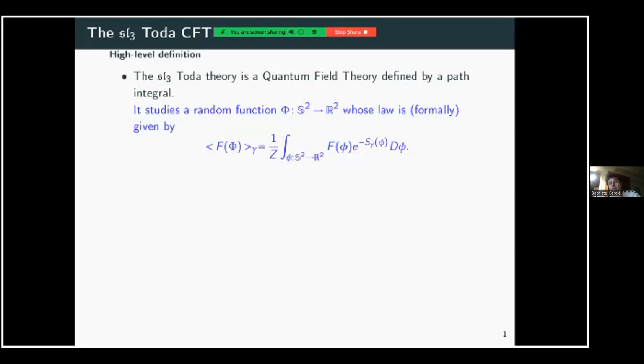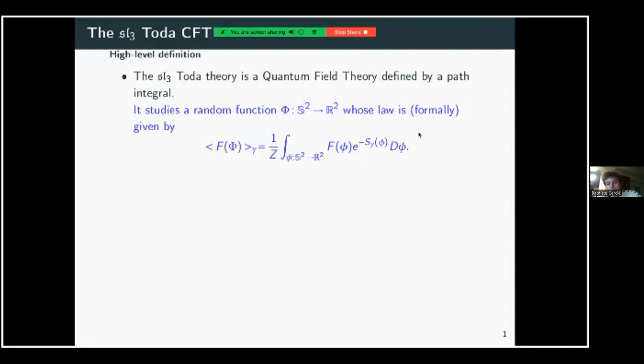The way it proceeds is you start with an action functional, here it is S gamma, and this action functional takes a field and gives back a real number. Under the measure you want to construct, you will have a tendency to see fields which are close to the minimum of this action. So this is a sort of quantization of the least action principle. A way to do so is taking this expression